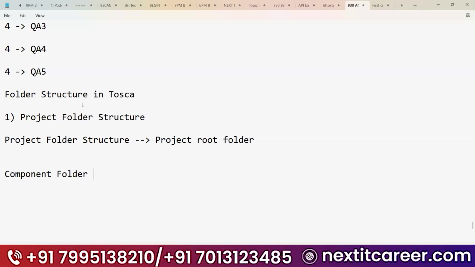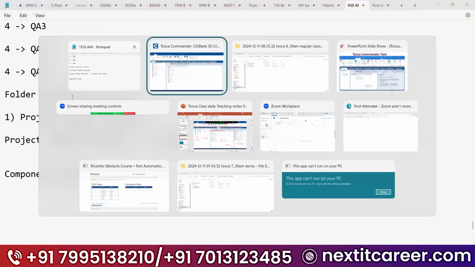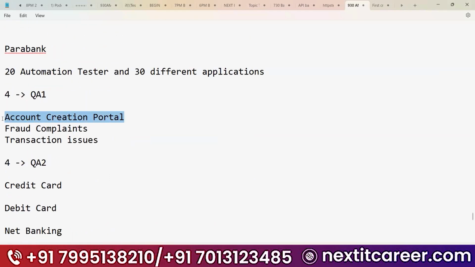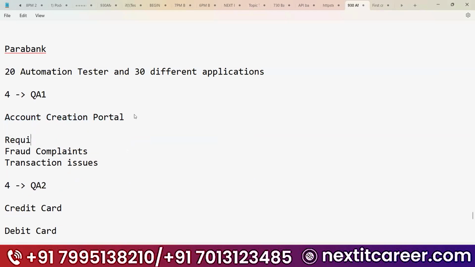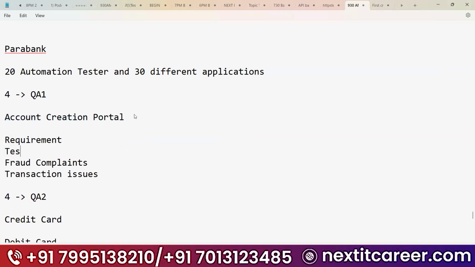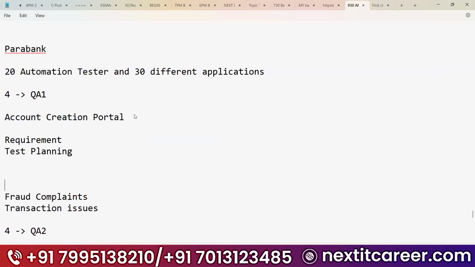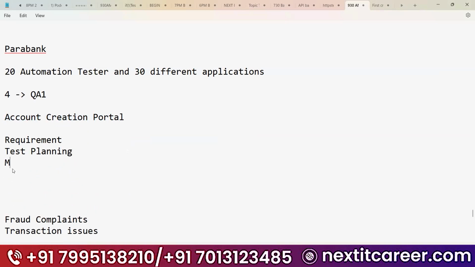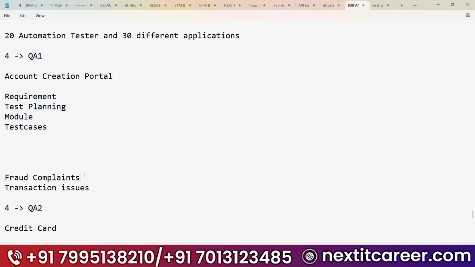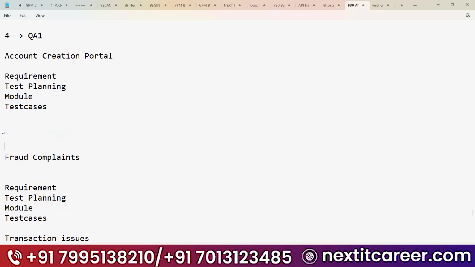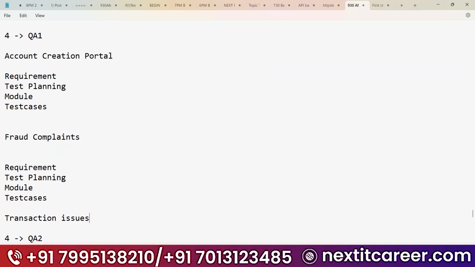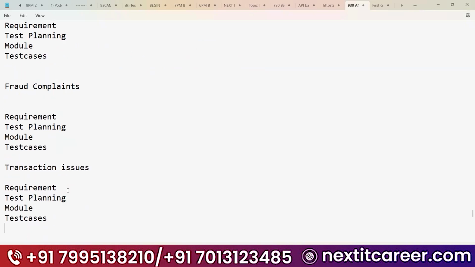See guys, if you observe this, the application creation portal will have its own requirement, its own test planning, its own modules, meaning the code, and after that its own test cases. The fraud complaints portal will have its own requirement, agreed or not? For transaction issue, it will have its own requirement.